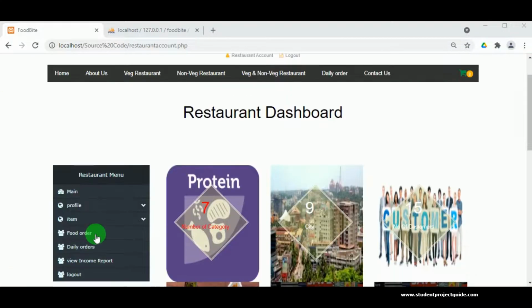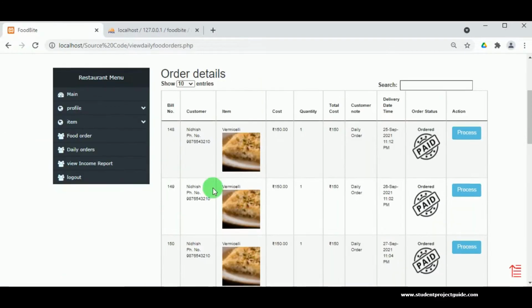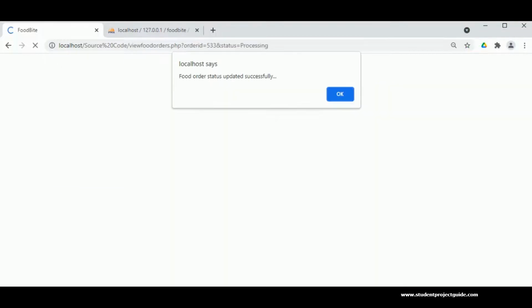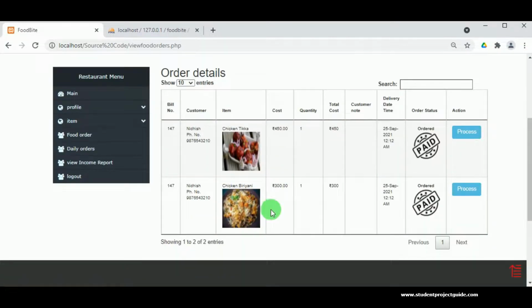Now in the daily food order, the restaurant can view the order from the different customers, and by clicking on process, the daily food order will be processed, and we can see this is the food order, that is a regular food order, and